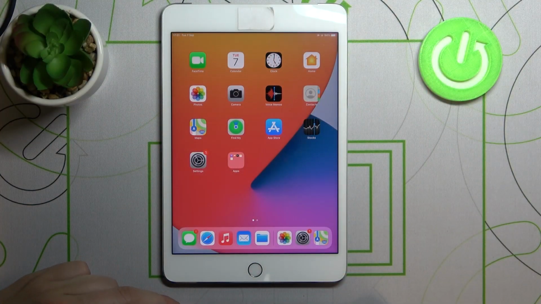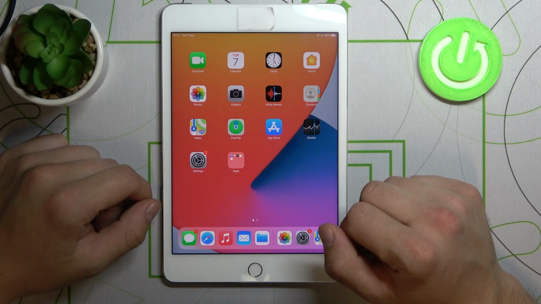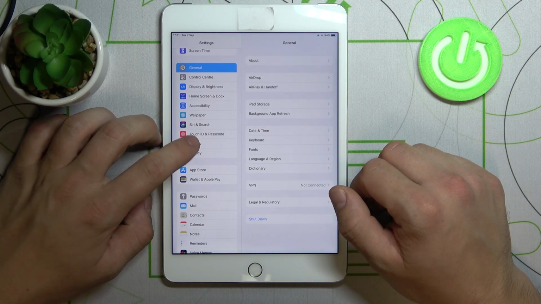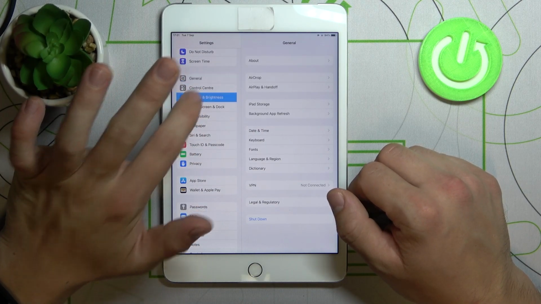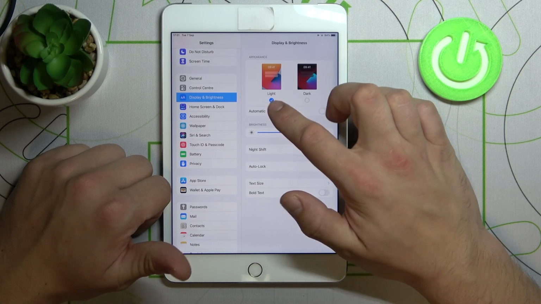Hello, in front of me I've got iPad mini 4. Today I'll show you all display settings. Let's enter settings, tap on display and brightness, and as you can see right here, you can change between light and dark theme